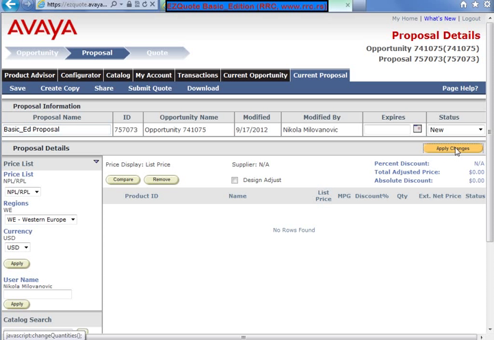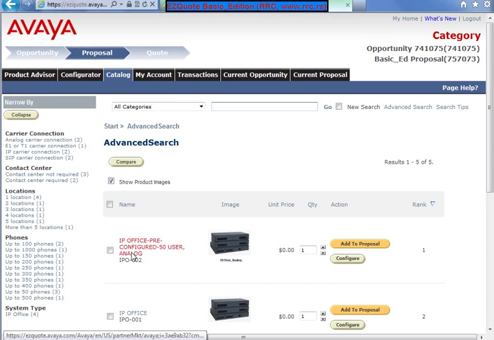Press apply changes, and go to configurator. As usual, choose the empty configuration,